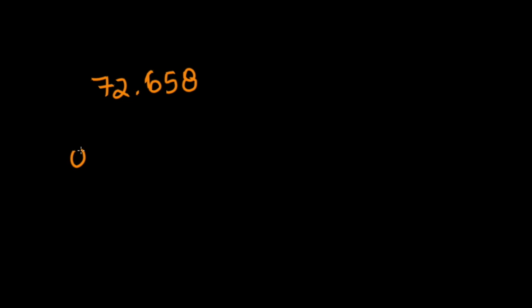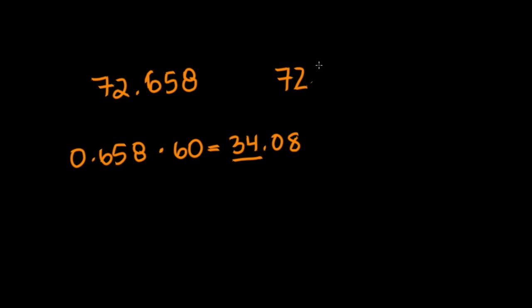So 0.658 times 60 equals 34.08. Since 34 is the number before the decimal point, we know that we already have 72 degrees, 34 minutes,